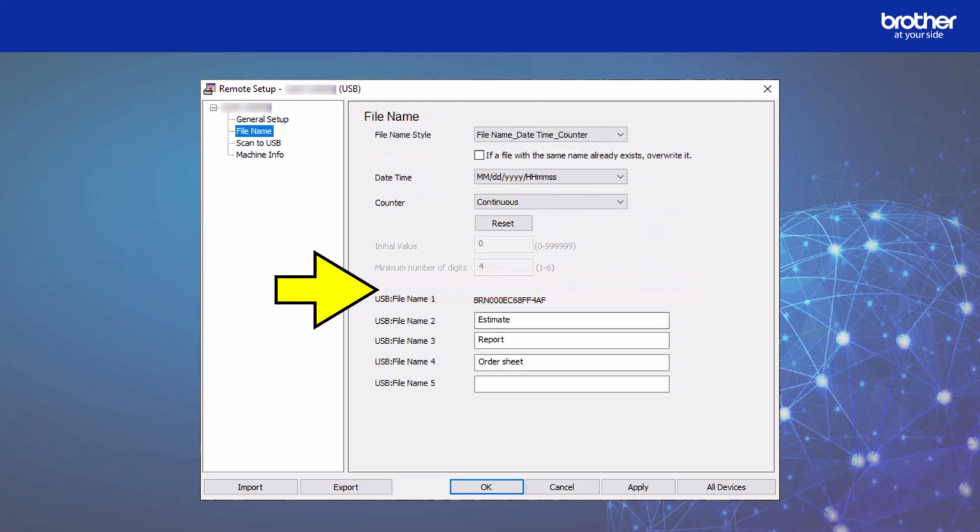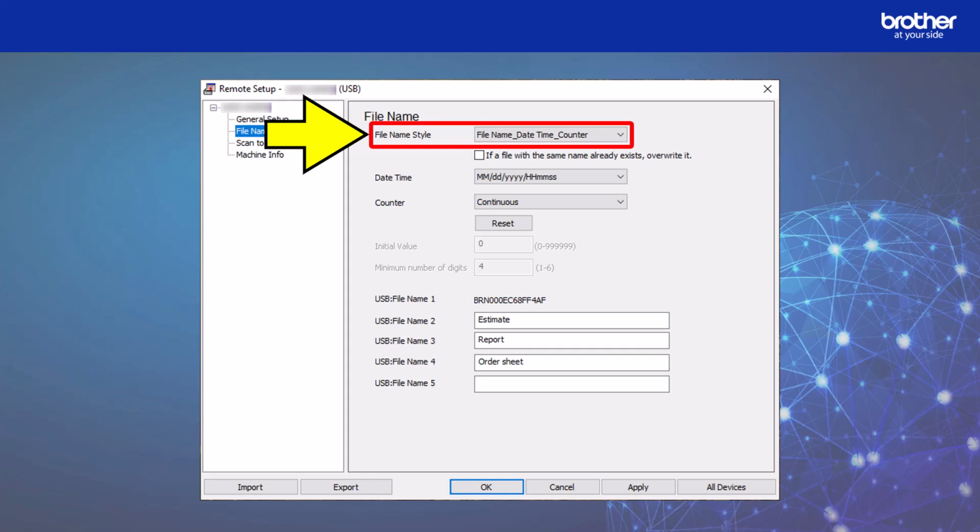Now let's look at the File Name tab. Within the file name, you have a few sections you can set up to the user's preference. Let's look at Style. Here you can set the style of how you'd like the file name to appear.